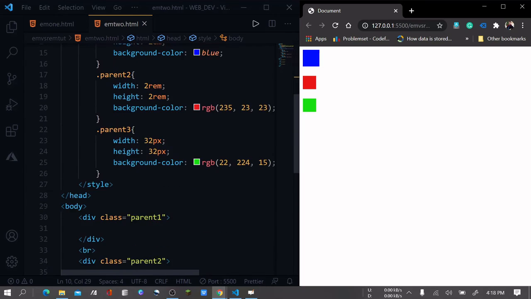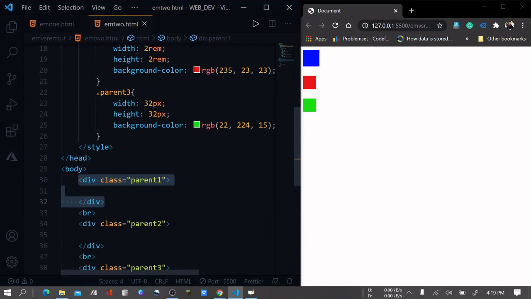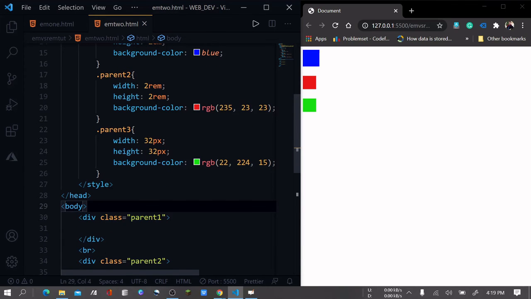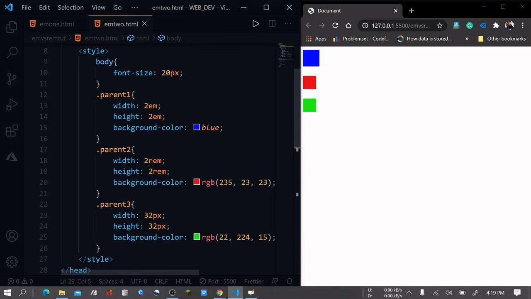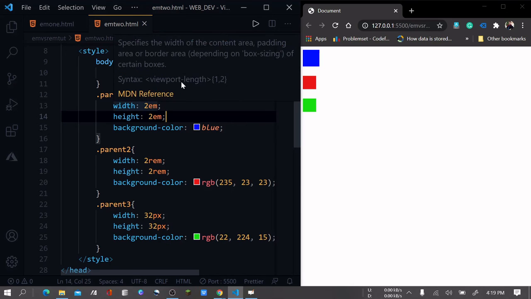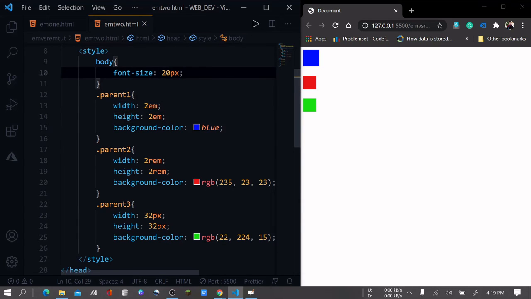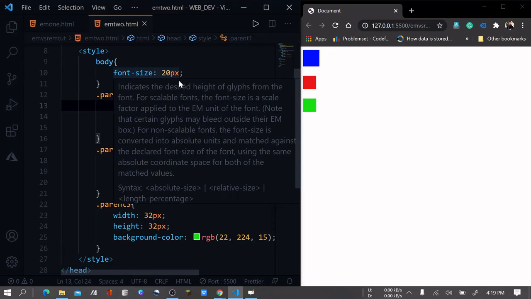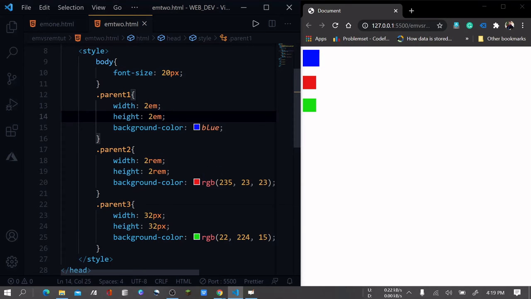This is because the parent of the division with class parent 1 is body, and body font size is 20 pixel. Since it has width and height 2 em, it will look at the parent. Its parent is body, so 2 em is twice 20 pixel. So its width is now 40 pixel, and height is also 40 pixel.